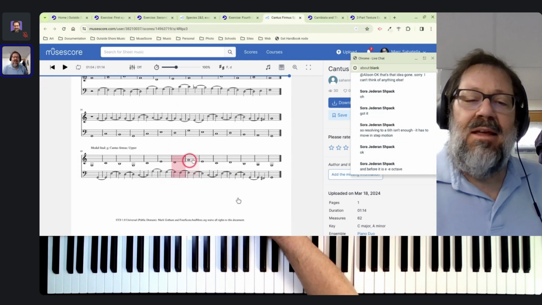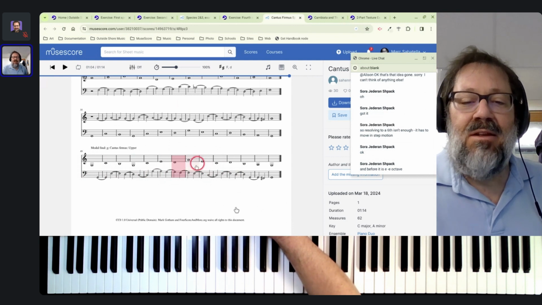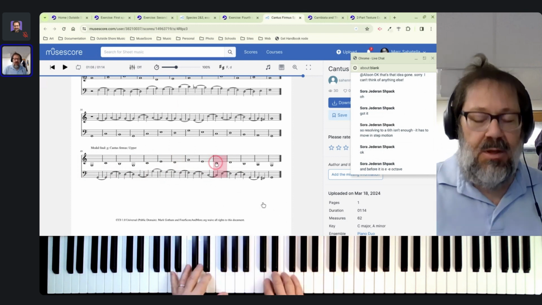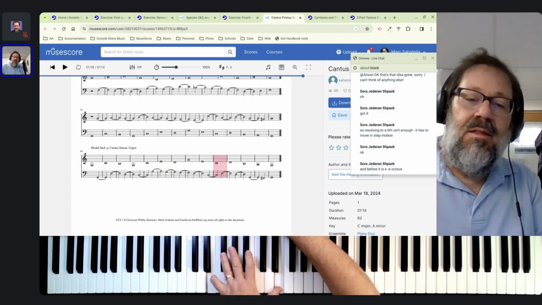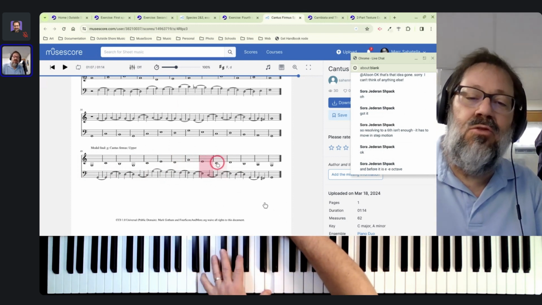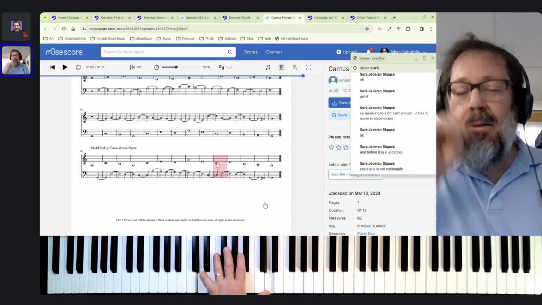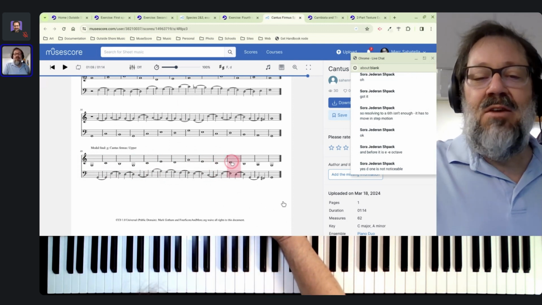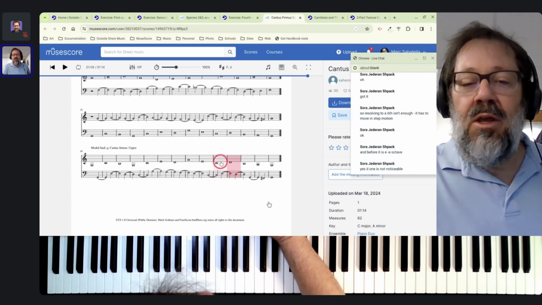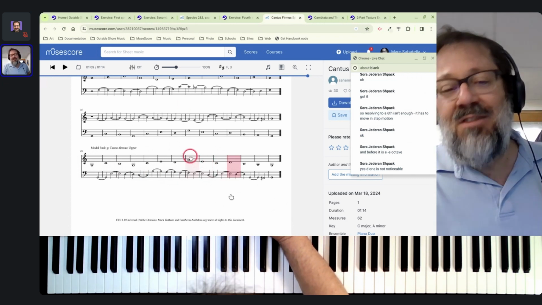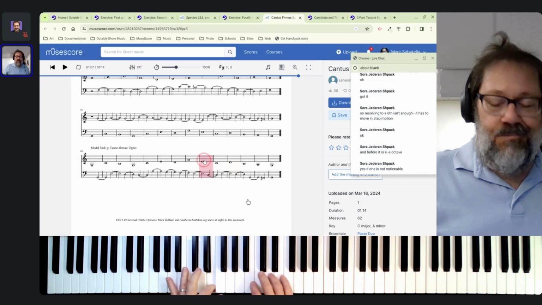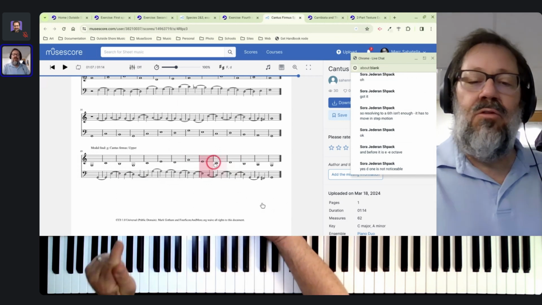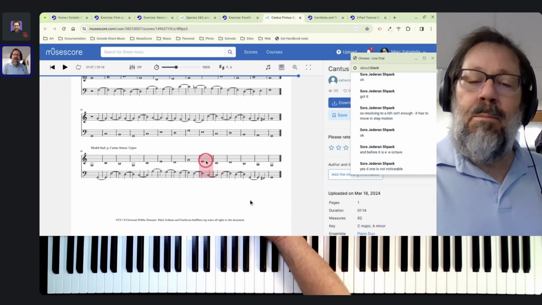Yeah, so that E to E is basically first beat of measure to first beat of measure. The two E's are at the beginning of the measure, the two C's are at the beginning of the measure. And I think to the extent the D one was noticeable at all, it was only because it was following that other one. But here's this other interesting fact. There is a sense in which that follow the leader arpeggiation